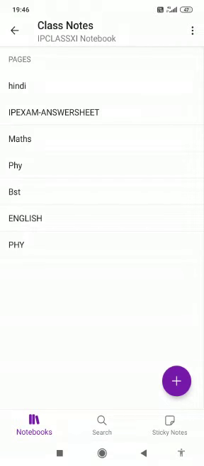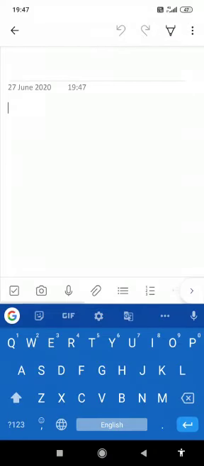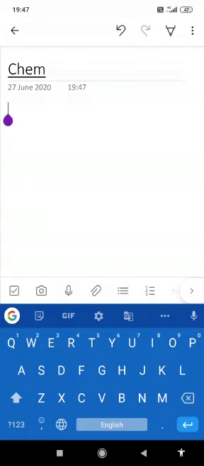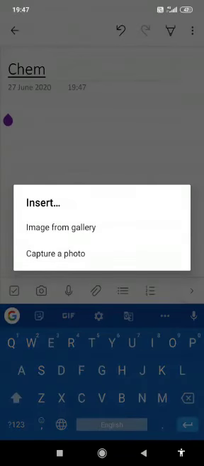So I am telling you here, practically I am showing you how you can edit. Suppose my Hindi exam is done, IP is done, Maths is done, Physics is done. Now suppose I have a Chemistry exam today. So I want to upload the pages of a Chemistry exam. For this, on the right hand side you can see there is a plus symbol. You click on this to make a new page. So here you write chemistry, and after that click on this area and select. From the left side there is the second option, the camera option. Click on this and select image from gallery.